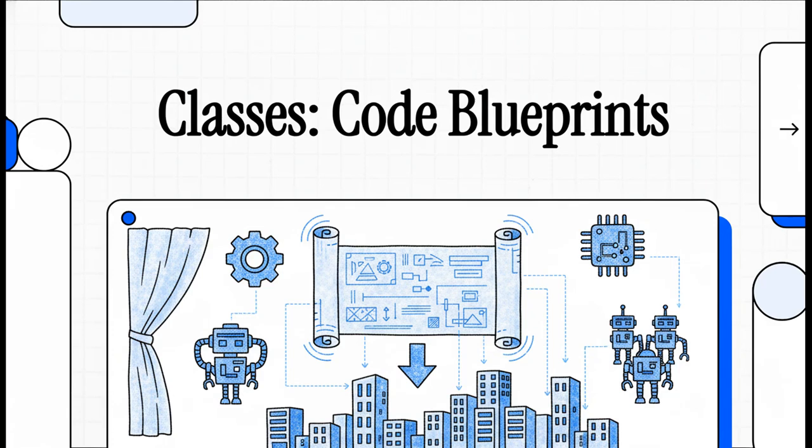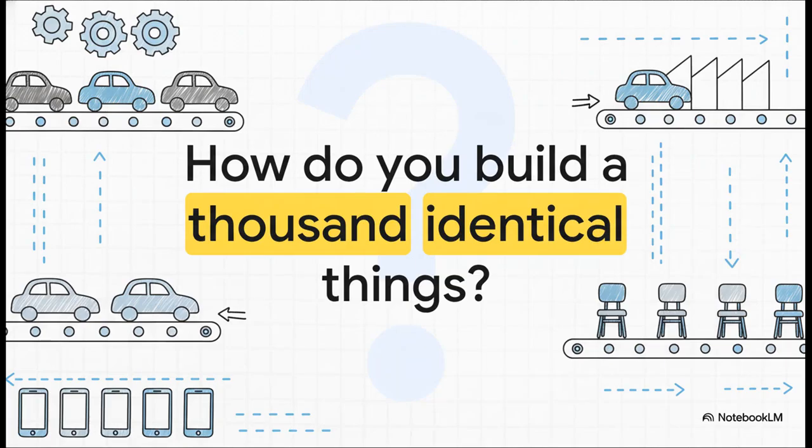All right, let's talk about the master plan, the secret template that really builds our entire digital world. We're going to dive into one of the most important ideas in all of modern programming. But first, let me ask you a question. Just imagine you need to make 1,000 of something. 1,000 identical phones, 1,000 identical chairs, whatever. How on earth do you make sure every single one is a perfect copy? Where would you even start?